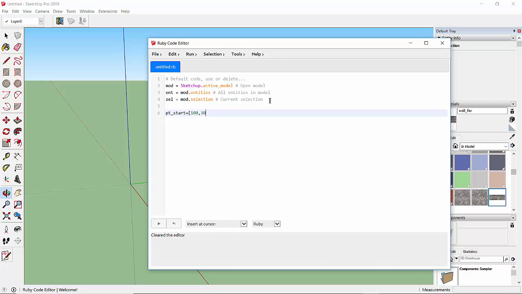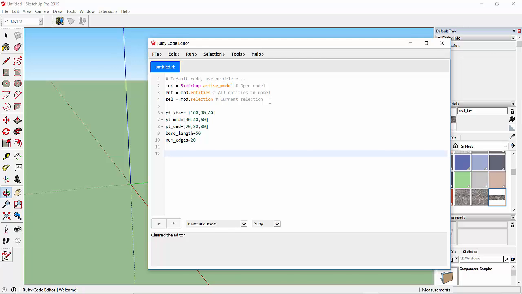100, 30, 40. Then the midpoint, or the point joining these two lines, would be 30, 40, 60, and the end point will be 70, 80, 80, and the bend length will be 50, and the number of edges that will be used to draw the arc will be 20. Now what I'm going to do is use a method that is already coded